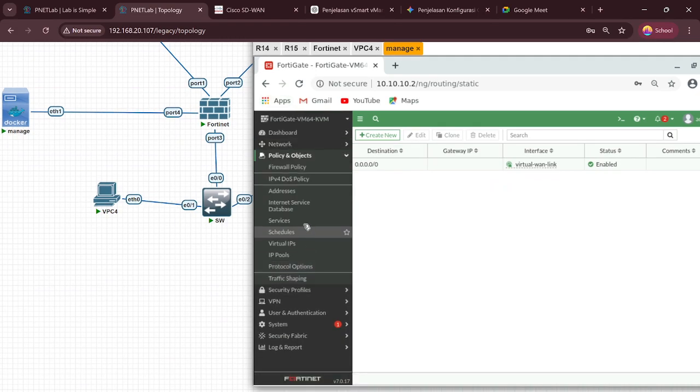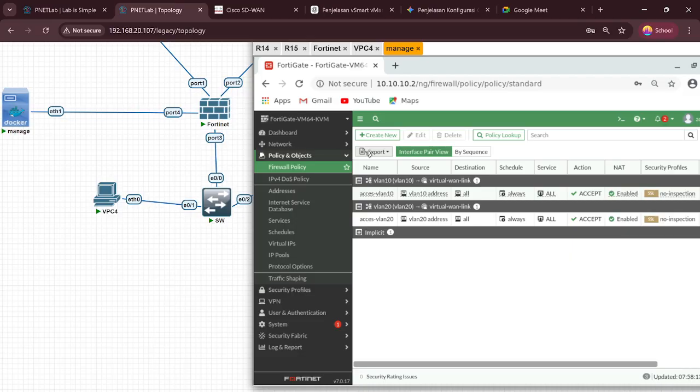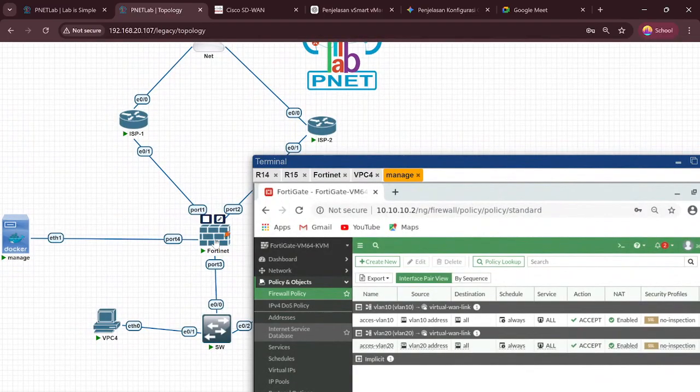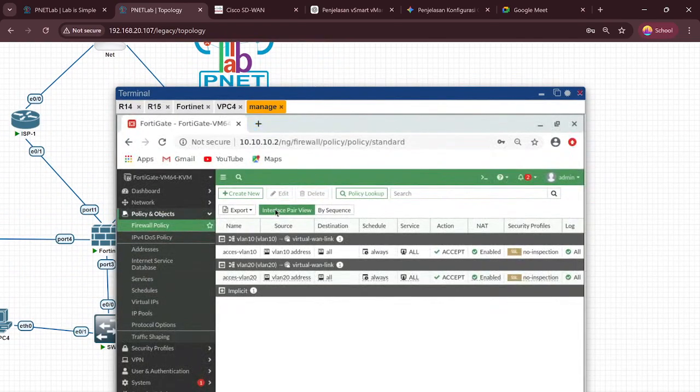Click and choose firewall policy. Okay, the function of the firewall policy is the same for DHCP on the FortiGate port 1 and port 2, to add the IP configuration for VPC4 and VPC6.